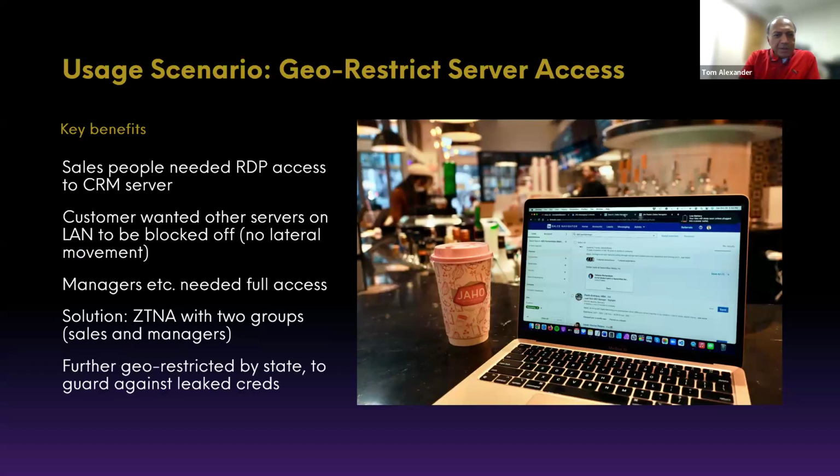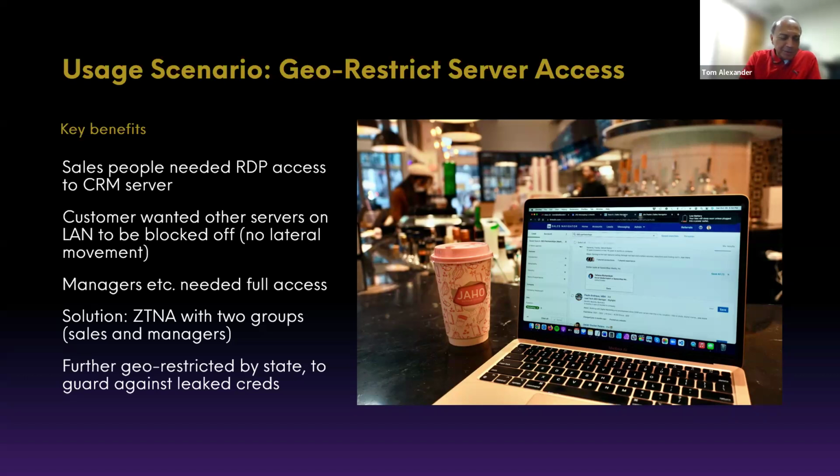The second scenario is a little bit more involved and higher level. This was a partner who had a customer who had sensitive data sitting on servers at the office with applications that needed to access all that data. But they also had a population of salespeople that were roaming around the place and potentially getting into situations where they would lose their laptop or somehow get hijacked while they were in some location where,